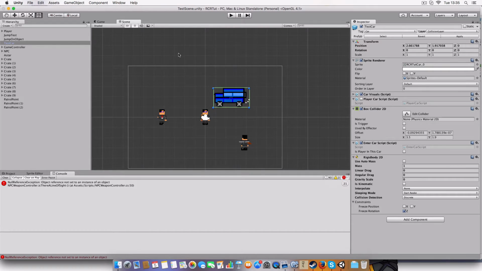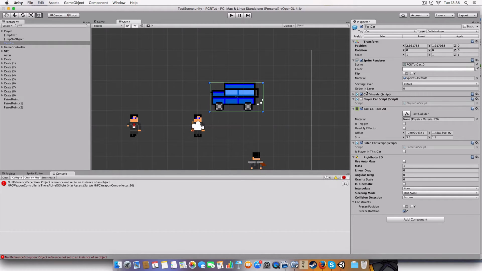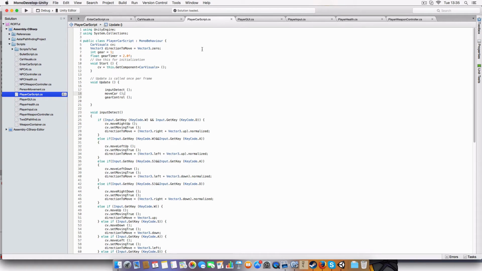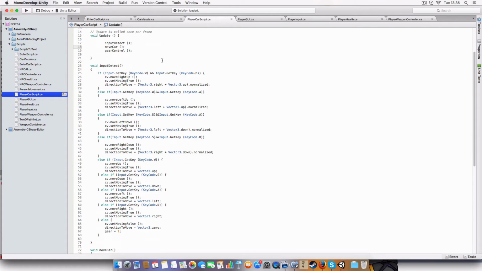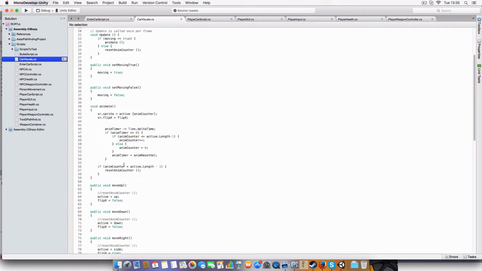All right, first we've got the car object, which has three scripts: car visuals, player car script, and the enter car script. It's also got a rigid body, box collider, and a sprite renderer for the sprite of the car, funnily enough. Now I'm just going to demonstrate how it all works. First off, this is the player car script, which controls, it moves the car basically. Similar to the player script, we've got a script called car visuals, which controls how the car looks, and